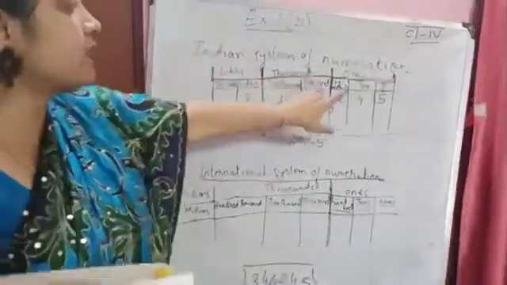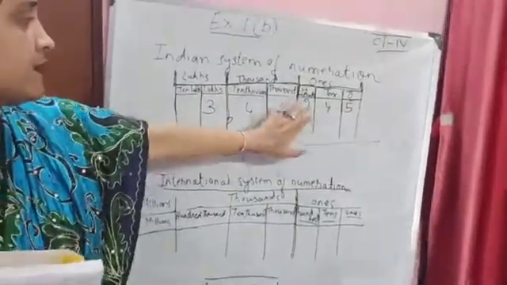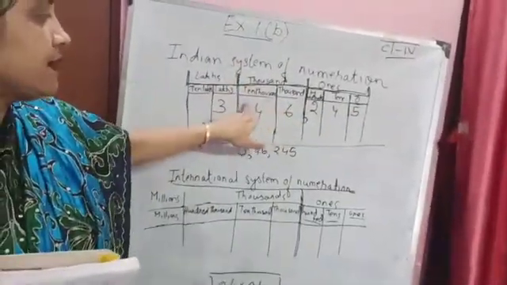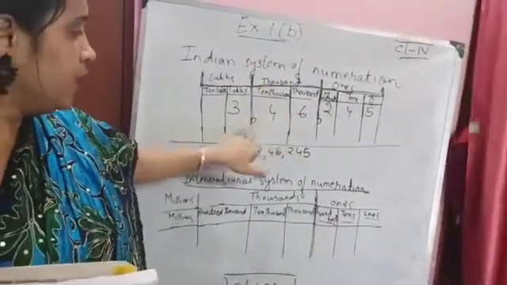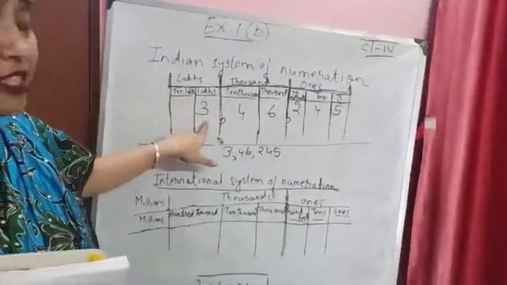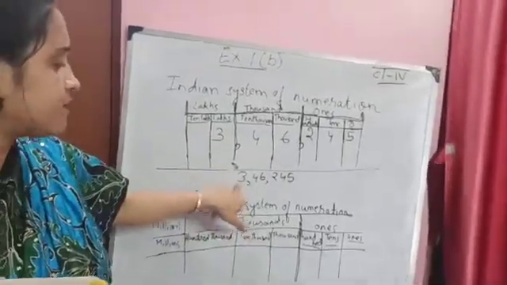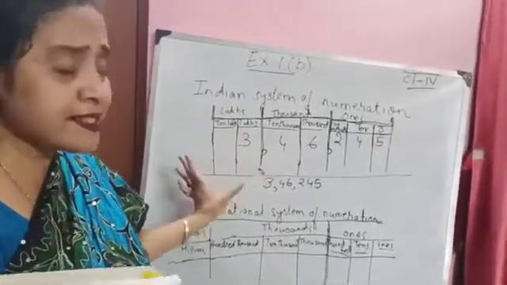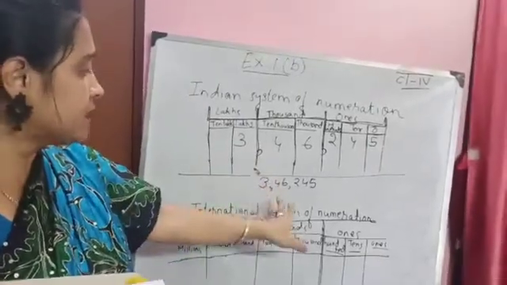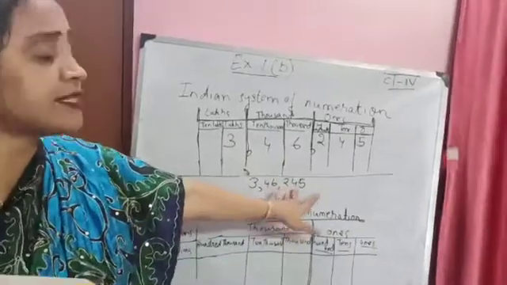So be very much clear with these bars. This is the ones bar which is having ones, tens, hundreds. This is the thousands bar which is having the 1,000 and the 10,000. Okay, and the lakhs bar is 10 lakhs and lakhs. Over here only 3 is given, so we will take only 3. So 3 after that a comma, that is the lakhs bar completed. Then goes the thousands, then it's completed. Then we are going for the ones bar, and that too is completed.